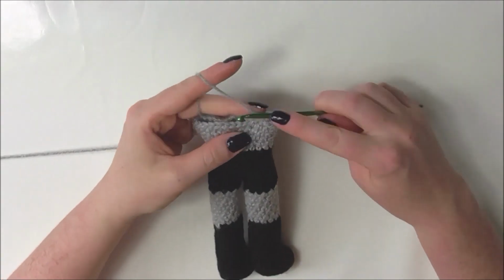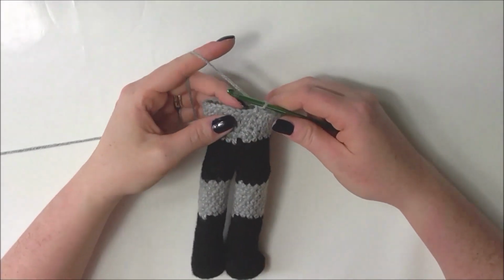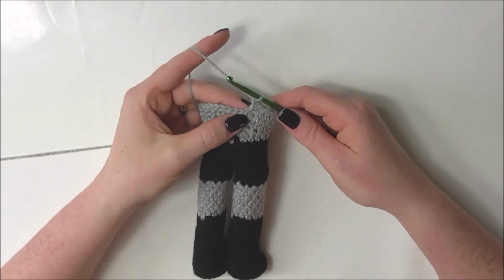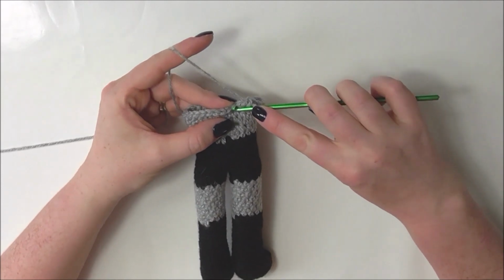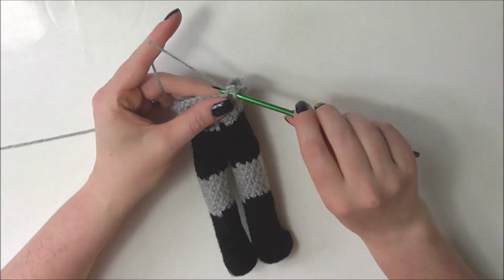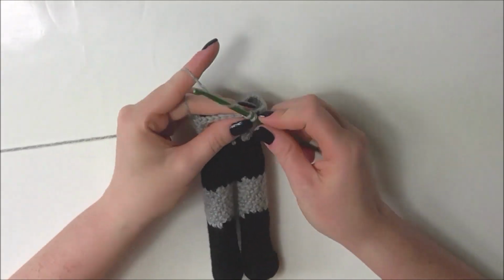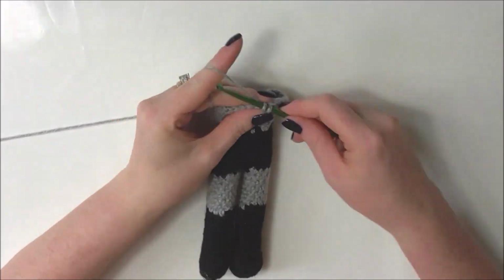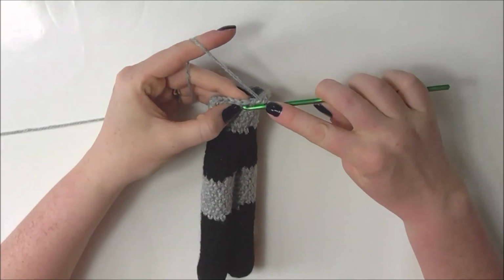I'm just finishing the last couple of single crochet from a previous round, and our next round is going to be another increase round. We're going to increase from 30 to 36 stitches, and we're going to do that by single crocheting 4 and then doing 2 single crochet in the following stitch, and we're going to do that 6 times. So single crochet 1, 2, 3 and 4 and increase in the next stitch for 5 and 6,